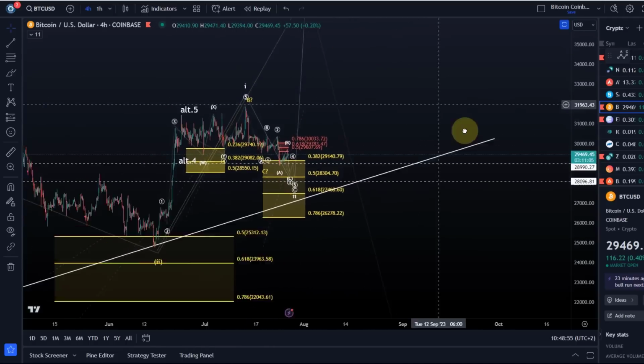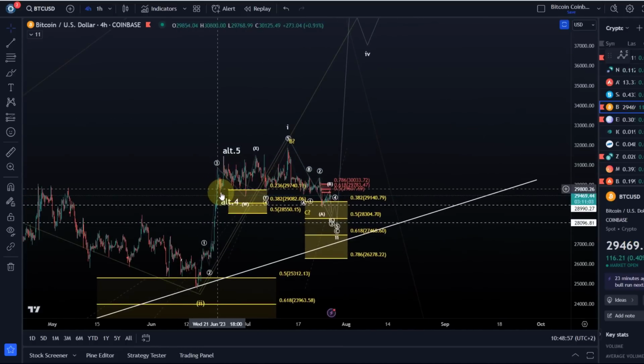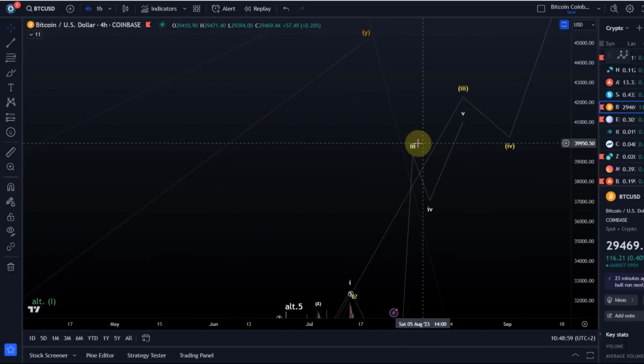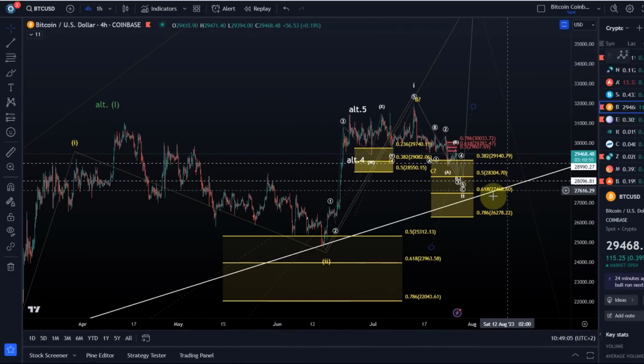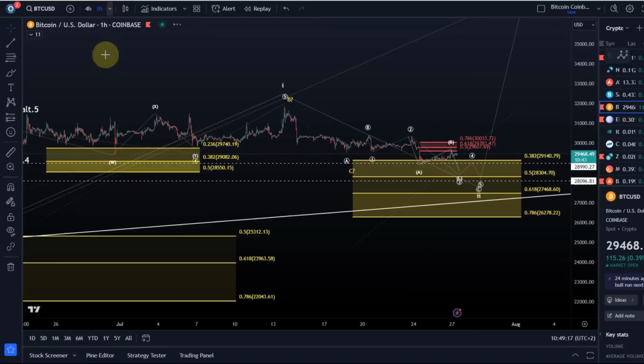Okay, so the idea would be that due to all these 1-2 setups, the next rally would be a 3rd wave, but it needs to hold the 78.6 retracement level and ideally also the trend line. But the key level for me as an Elliott Wave analyst is the 78.6 Fibonacci retracement here at 26,280. So if we now go to the 1-hour chart and zoom in a bit,